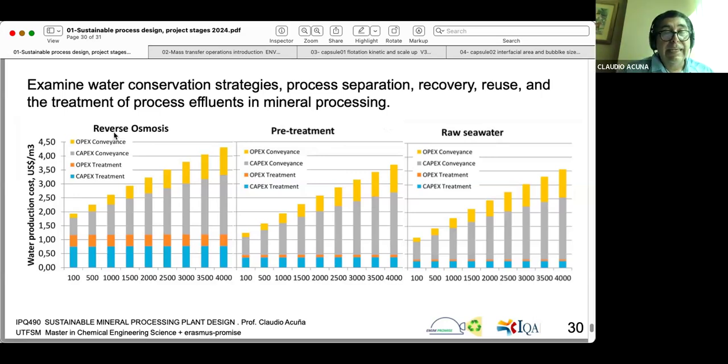Okay, first of all, it's way too expensive. It's about $1.2 per cubic meter. It consumes a lot of energy. It consumes 3.2 kilowatt hour per cubic meter of water. And the reason why it requires too much energy is the pressure. It works at 1,200 psi. So you still can use reverse osmosis, but you don't need